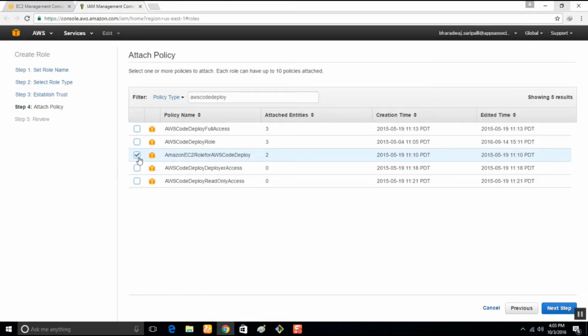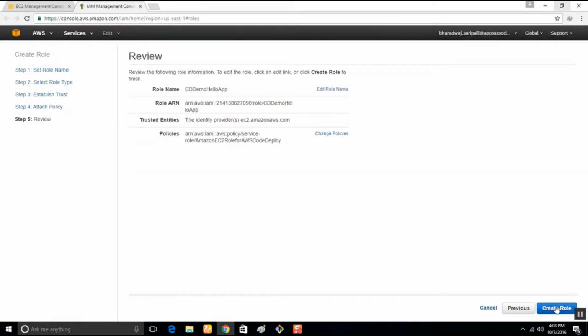What this basically means is we'll be sending updates and managing these EC2 instances from within CodeDeploy, so CodeDeploy needs the necessary permissions to talk to those EC2 instances. For this we need to give them that access. Next step, create role. Remember the name.